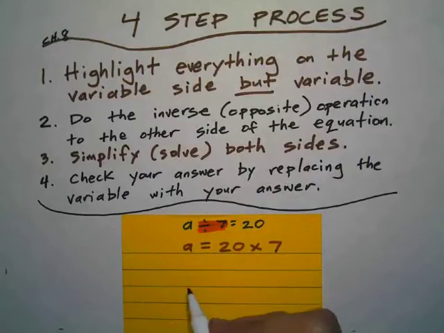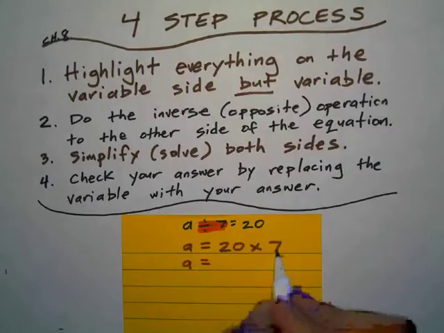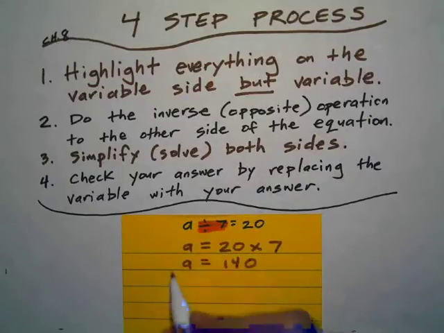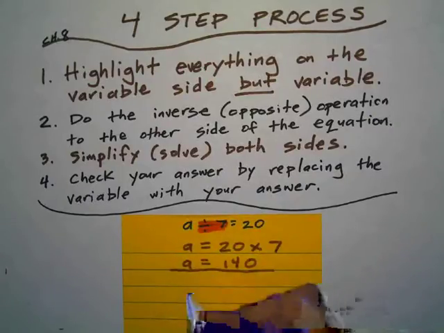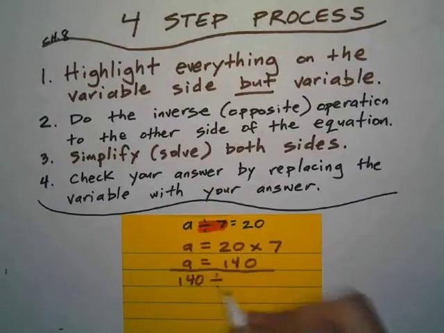Step 3 says simplify both sides. This side is simple. I know that 7 times 2 is 14, with a 0 on the end makes it 140. Just to be sure, I'm going to plug 140 back into my original equation,